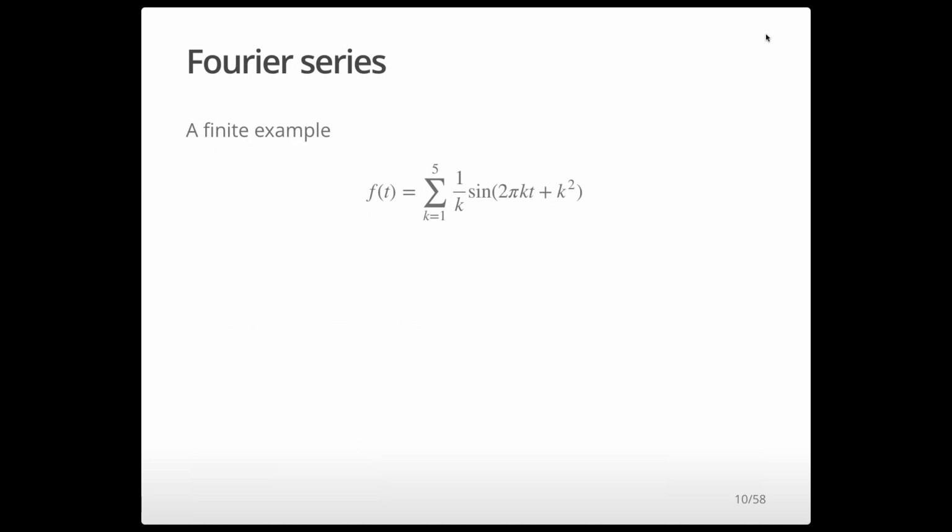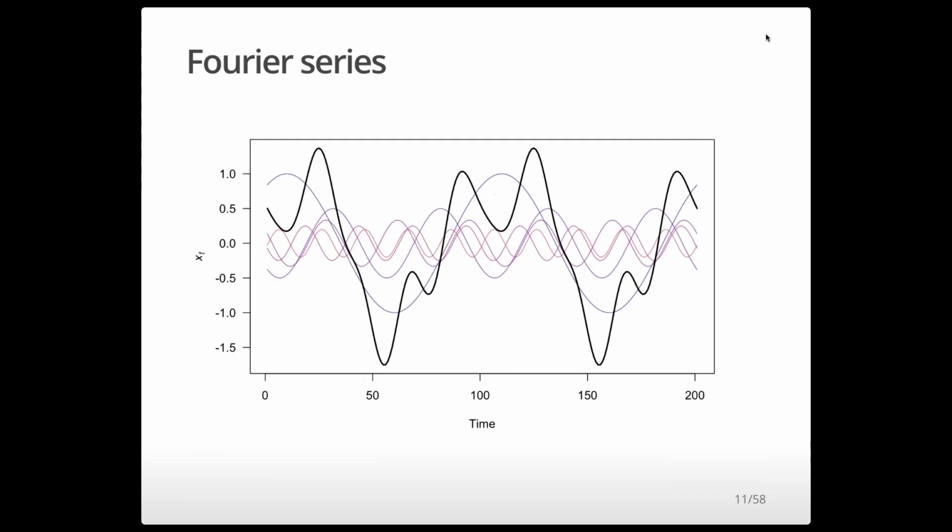So here's a finite example of one that I simulated. Here I'm taking 5 waves, going from 1 to 5. The weights here are just 1 over k, and the phase shift is just k squared. The colored lines back here are the 5 different sine waves, and the black wave is the sum of all those. So if we had a signal that looked like this, we could in fact describe that with 5